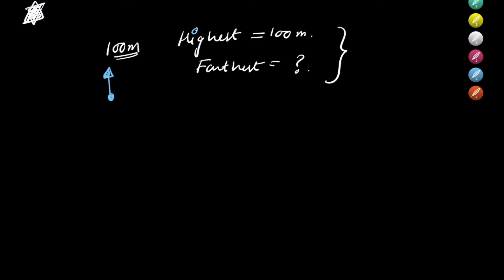So let's see, if you want to throw something highest, you will throw it vertically upward. This concept you might already know. If you want to throw something highest, so for highest,